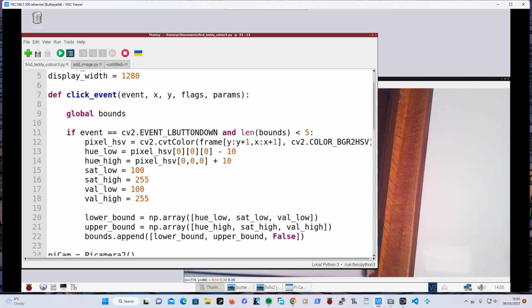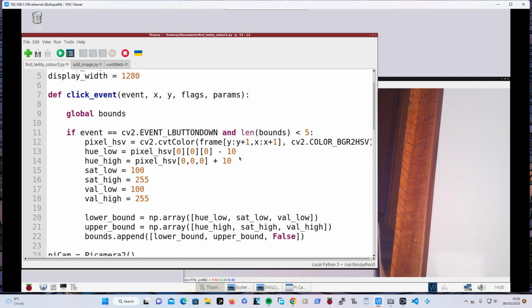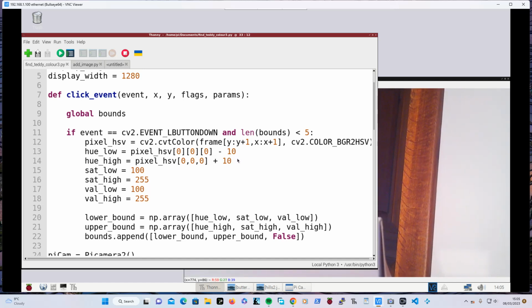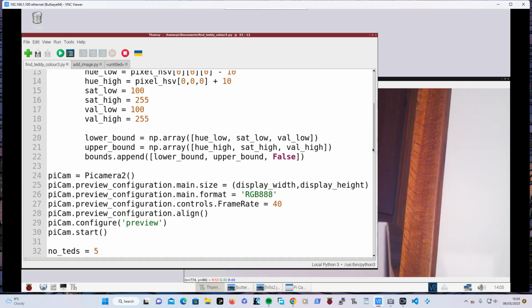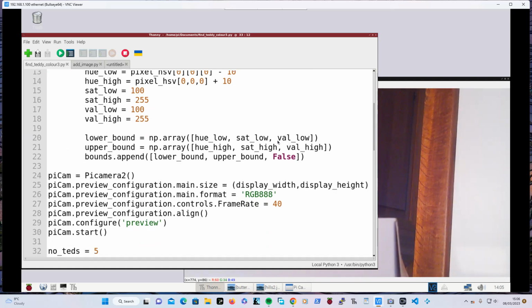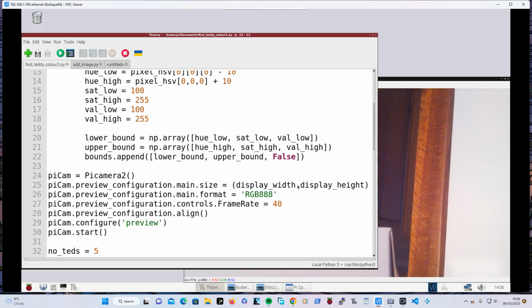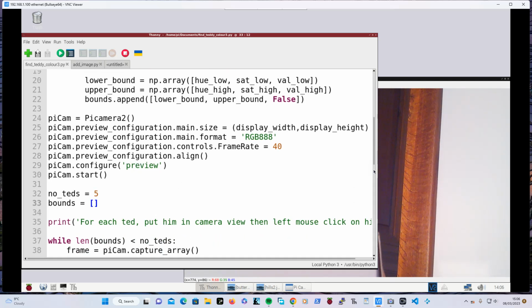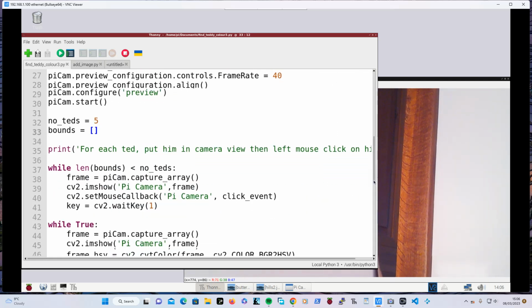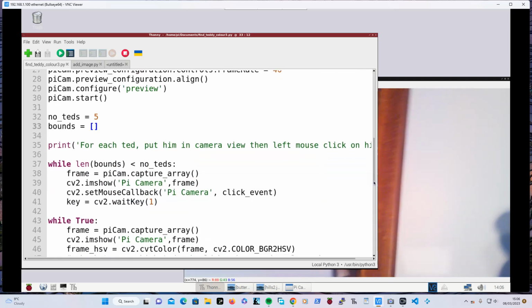Then I'm taking the 1 pixel of it that I've chosen, and I've made a 1x1 frame, and then I'm putting it into the bounds and putting the bounds into an array. So that is the bounds for little blue Ted. And then we go back to where we was, and then for the next Ted,